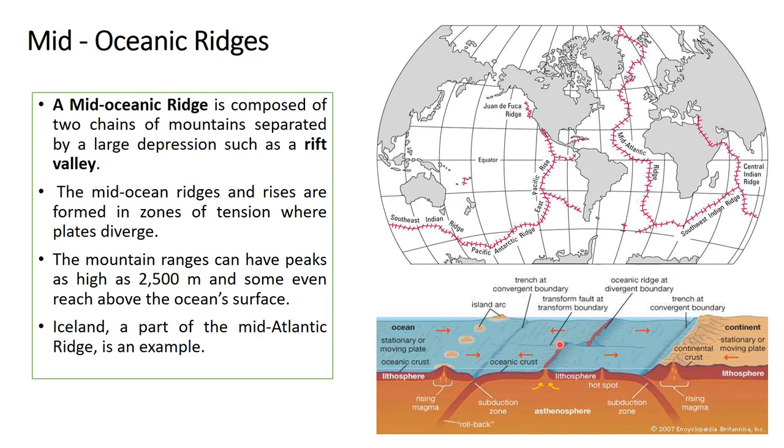It is the margin or the boundary between two plates, and these type of plate margins are divergent plate margins. So they have a divergence movement, which means that they move away from each other. As these plates move away from each other, what happens is we have the magma, and the magma rises up